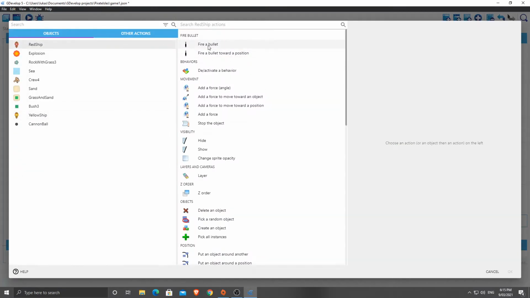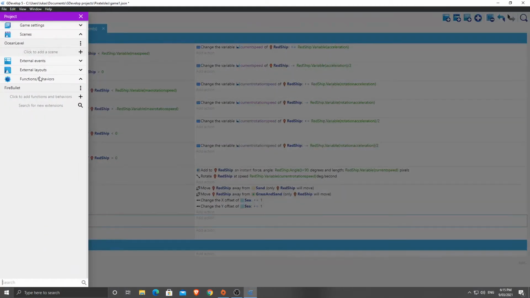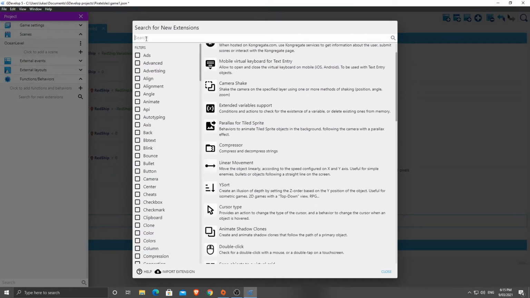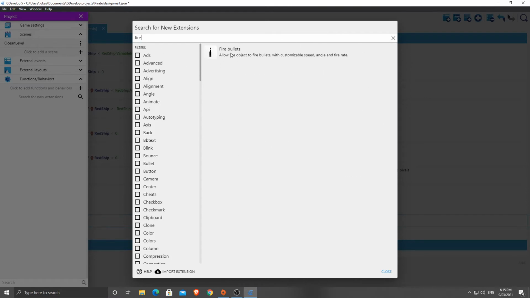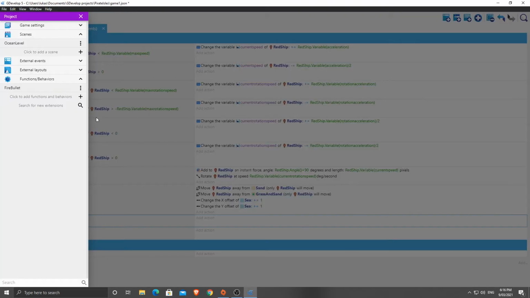fire a bullet. And I just realized you guys won't have this. So fire a bullet is an extension that I've added in. So let's go back and add that. At the top here, there is the project manager. It's going to pop this out. Down here in functions and behaviors, I'll delete this and add it in again. You're going to want to click search for new extensions. It should bring this list up. If you scroll down, or if you just type in the top fire, there should be one here called fire bullets. Install it in the project,